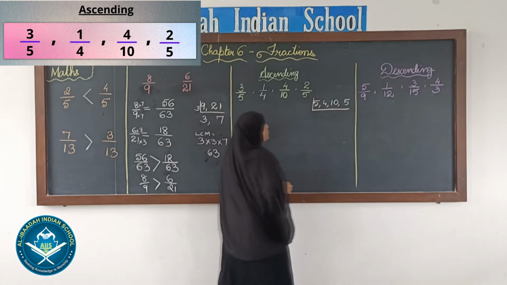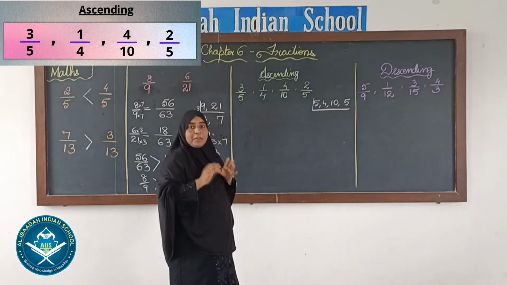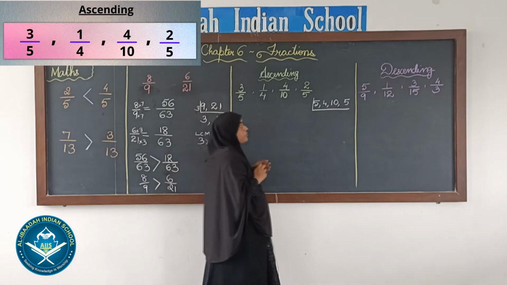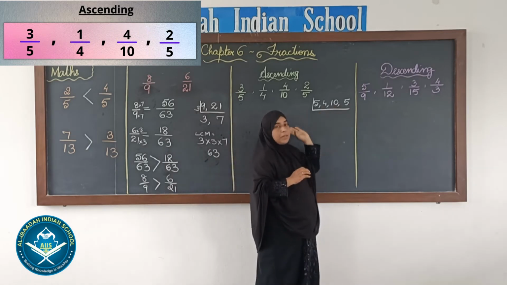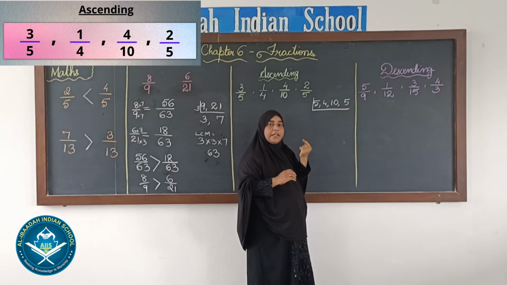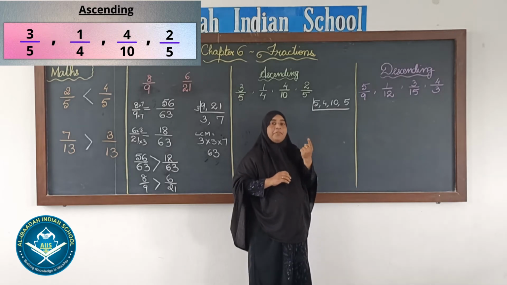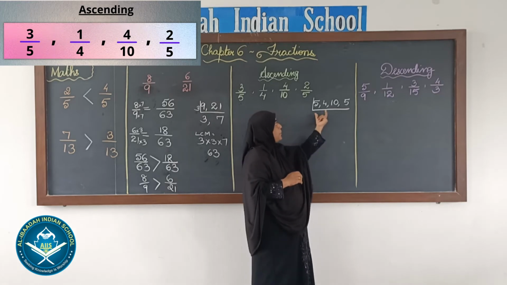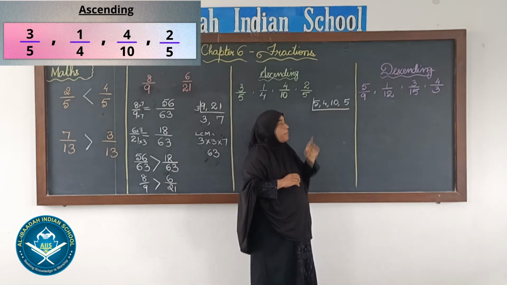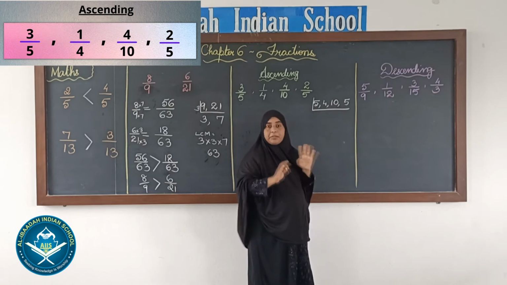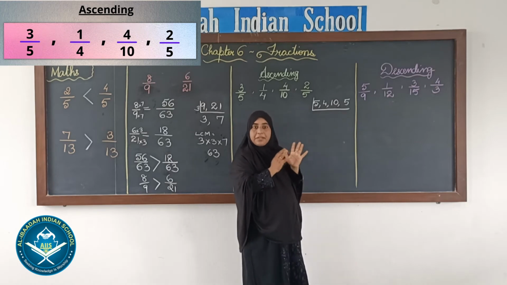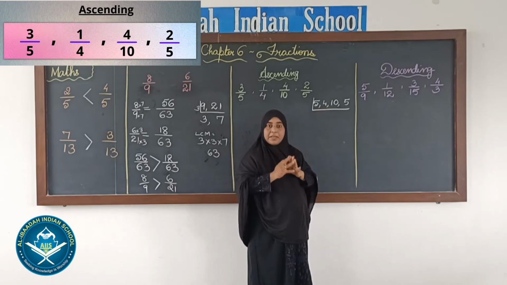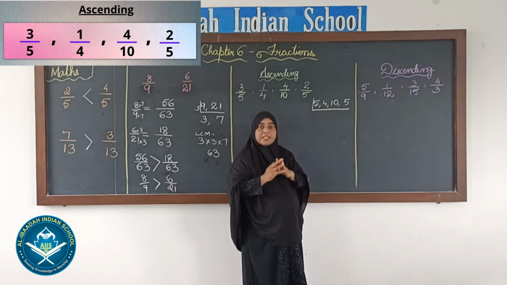Okay, now we will look for a number which will be common. Now here in LCM, it is not necessary that the factor should divide all the numbers. Even if it is dividing one number, fine. If it divides 2 numbers, no problem, we can go for it. Okay, like for example, here I have 4 numbers. Now 5 is a prime number. We know that there will be no number except for 5 which will divide it, right? But for 4 and 10, there is a common divisor. There is a common factor which is 2.